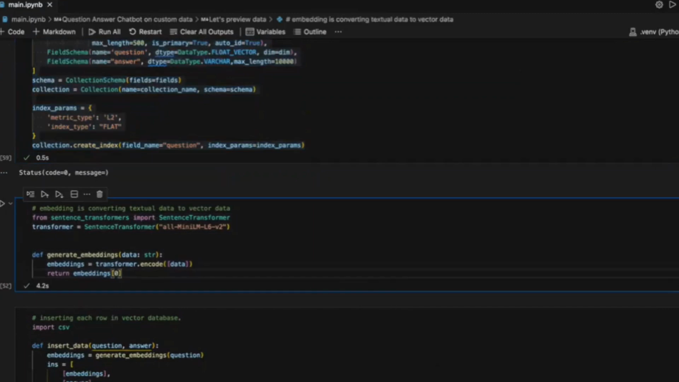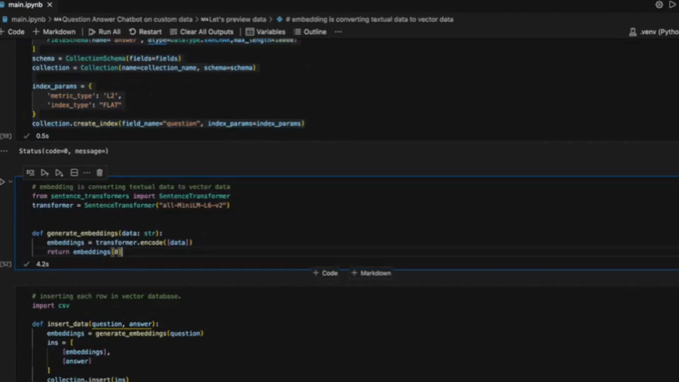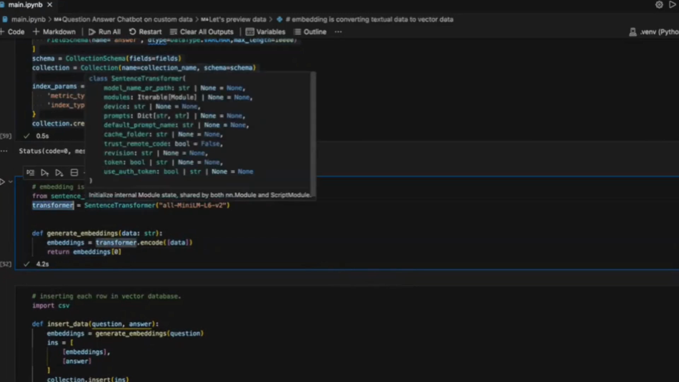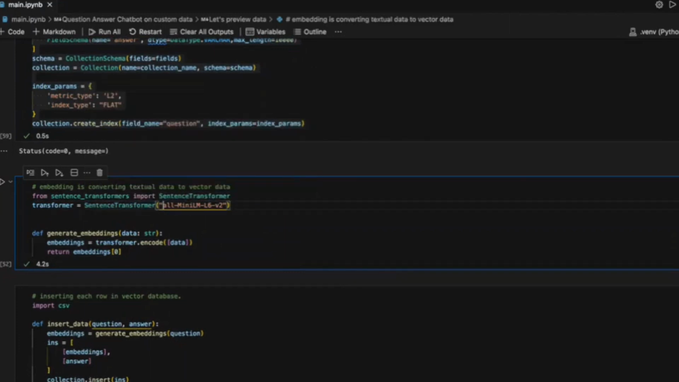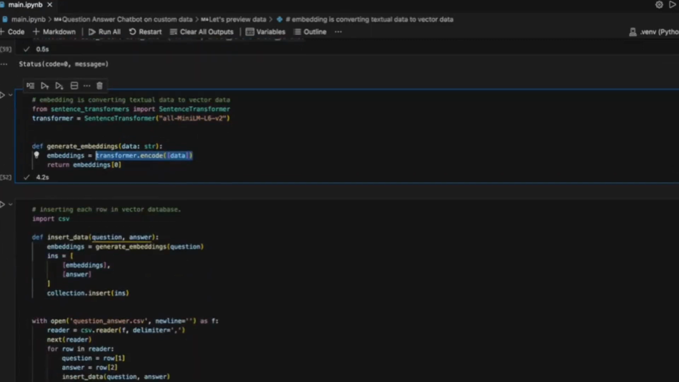Right. So I am using the MiniLM algorithm to convert the textual data into vector data. The sentence transformer is the library that will load that MiniLM model into memory, and then I will use the encode method to convert the textual string into vector data. Right? And